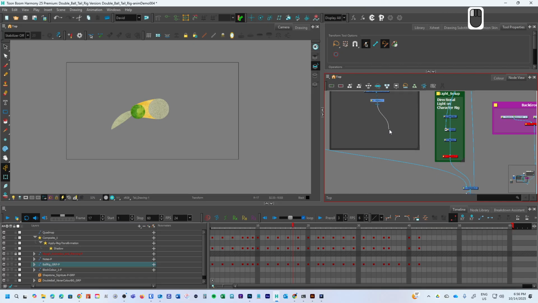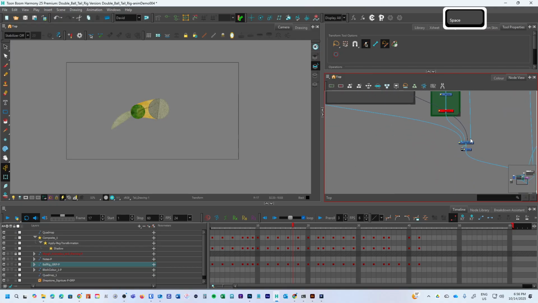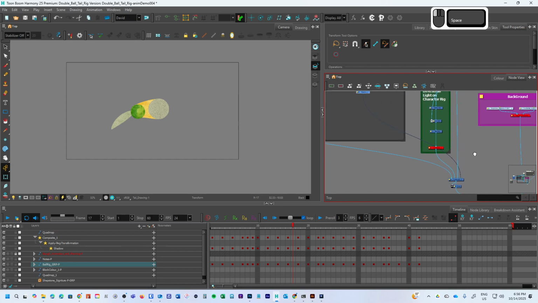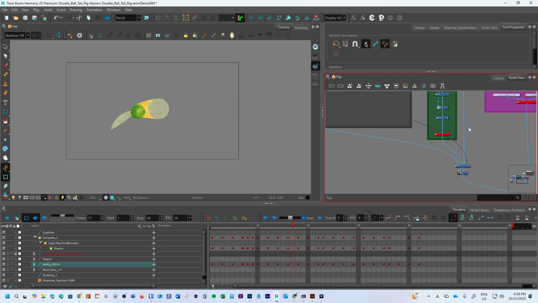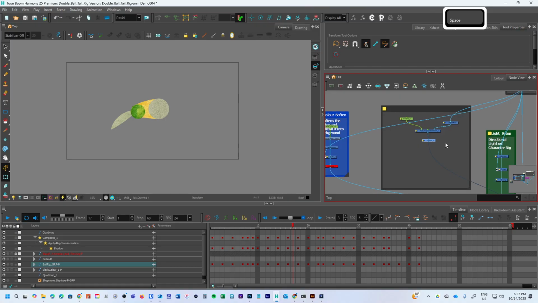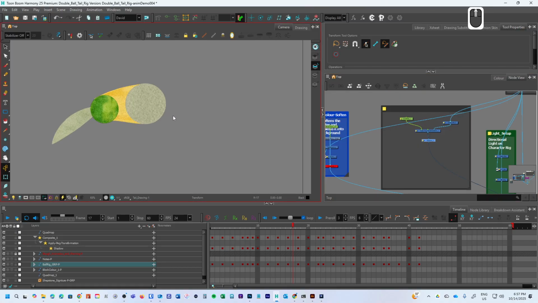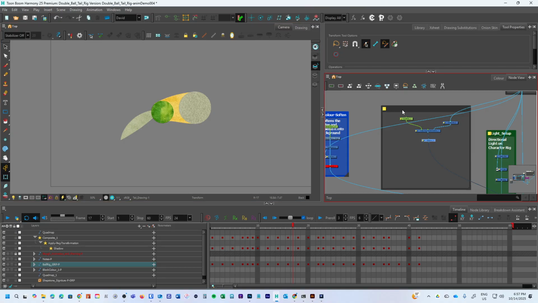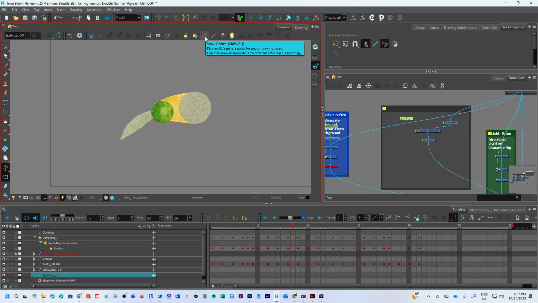So I'm going to take the shadow and go to the right side because I want it to be underneath, and I'm going to apply that to the main comp. I'm just going to put that under the character, and that will put our shadow into the scene. Okay, now we can't see anything here at the moment, but if I grab the quad map and turn on this show control, which is Shift F11, you'll see that the quad map